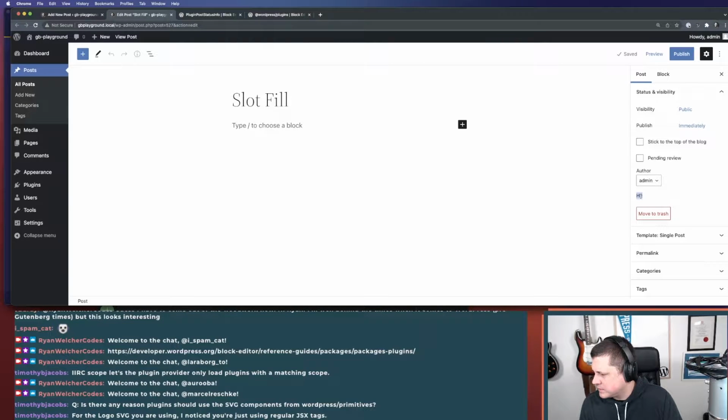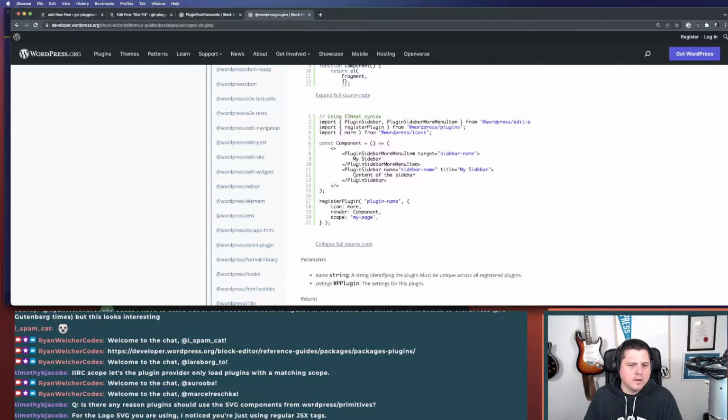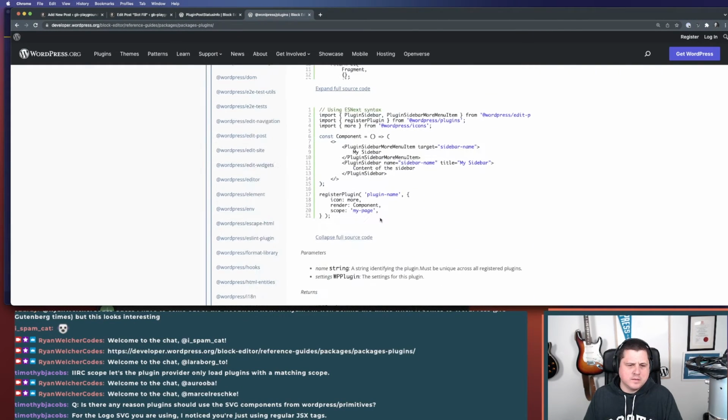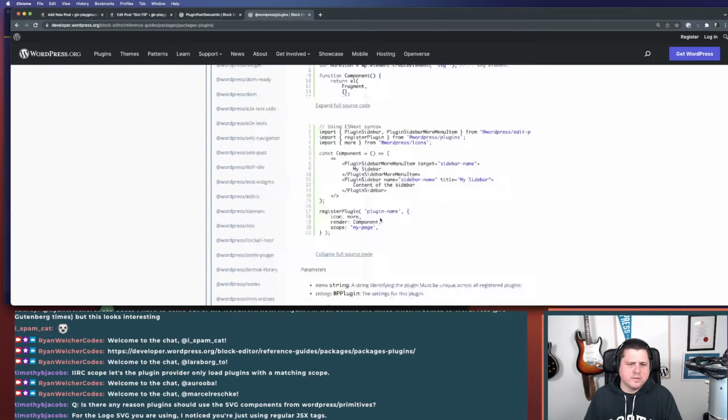But that's the logo you're using. I noticed you're just using regular JSX tags. Yeah, that's because I had an SVG file, and there's an online tool that I found somewhere that just converted the SVG into React for me. So I'm just using that. But you can use any component. You can use anything you want in there as long as it returns